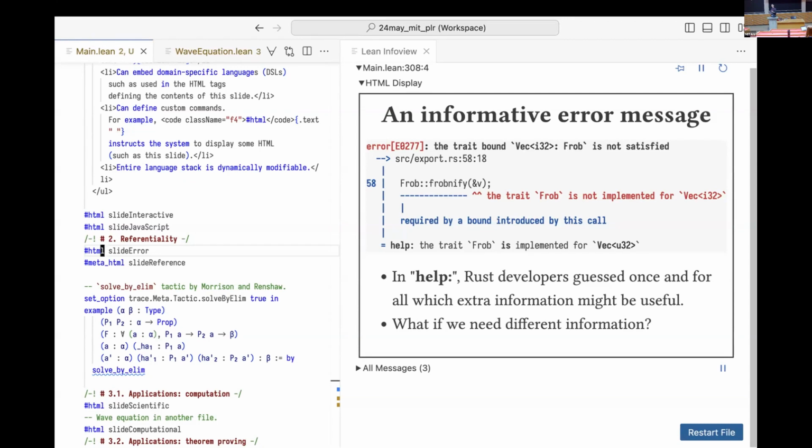But if you think about how this is implemented, what's happening is that the Rust developers, when they were writing the compiler, guessed once and for all which kind of information might be useful in this situation, and then hard-coded that into the compiler. In this case, they hard-coded some code that prints a list of other types that implement this trait. But what if we need different information? What if the compiler developers didn't think of this, or maybe they just didn't bother? So instead,